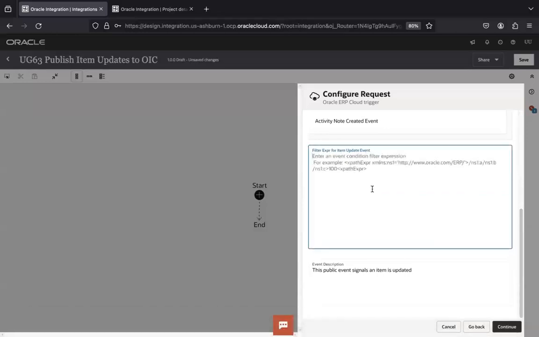and we can also apply a filter here. So if we don't apply any filter, what would happen? Any item updated in ERP Cloud, this integration would be triggered automatically. And if I put in a restriction here, say for example, if I need to capture only the item updates done in master organization, so I can say organization code. I need to get the path of the code, and I need to say MAS,